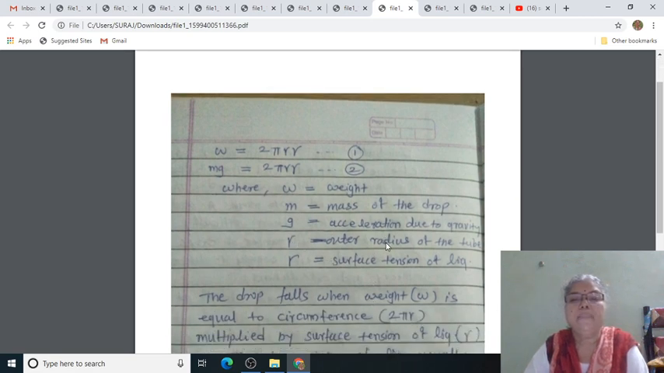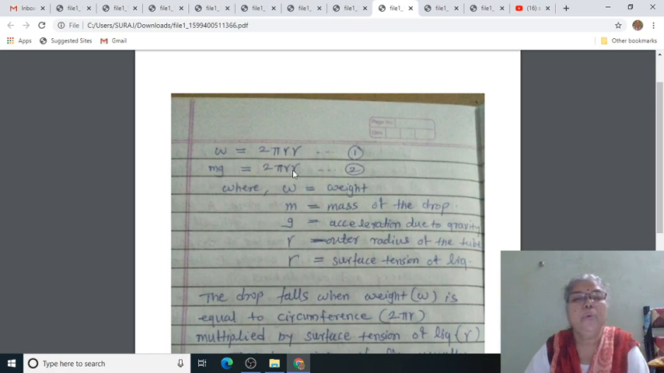Here r is the outer radius of the tube, and gamma is the surface tension of the liquid. I will repeat the theory of how the drop falls down. Here the weight W of the drop, which is detached from the capillary tube, is given by Tate's law, and according to Tate's law, W is equal to 2 pi r into gamma. Here weight is replaced by mass into gravitational acceleration, that is mg, and it is equal to 2 pi